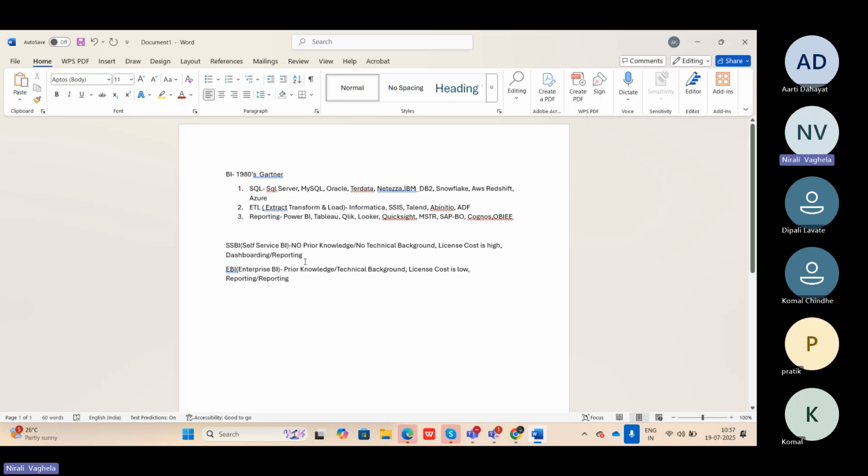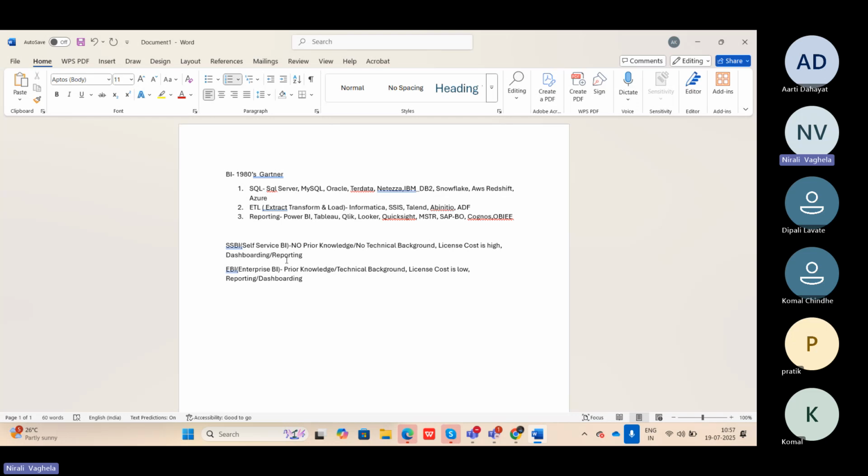That doesn't mean that enterprise BI doesn't have dashboarding skill or that self-service BI doesn't have reporting skill. Both can do both activities, but the dashboarding functionality that self-service BI tools provide, you won't be able to achieve with an enterprise BI tool.